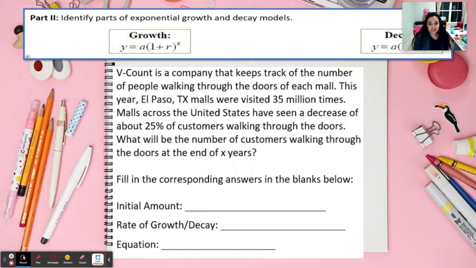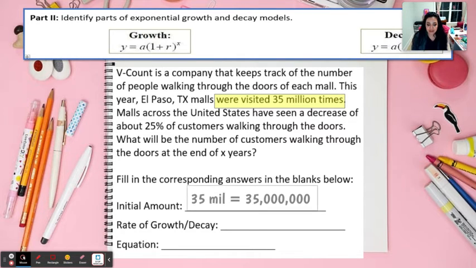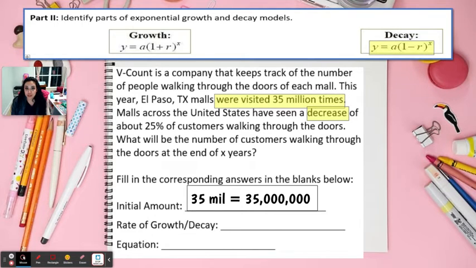So the first thing we're looking for is the initial value. So it was visited 35 million times. So the number of visits at the time that we're looking at this word problem, the beginning value is 35 million, which translated over to the actual number is 35, 3 zeros, 3 zeros. Now it says rate of growth or decay. Here we see the word decrease. Decrease means we are decaying, so my equation is going to be A, 1 minus R to the power of X,